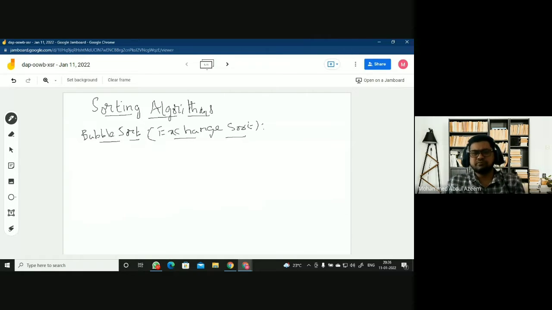Okay, so in this sort algorithm, what happens is you compare the adjacent elements, and if the previous element is found to be greater than the next, you make an exchange. Otherwise, not. Like that, you go on to the next subsequent adjacent elements until you reach the last adjacent elements of that particular set of elements. This way, you complete one pass, and after the pass, you see if the elements are sorted. If so, you do not go for the next pass. But if not, you continue this process in the next pass, and so forth, until the elements get sorted.